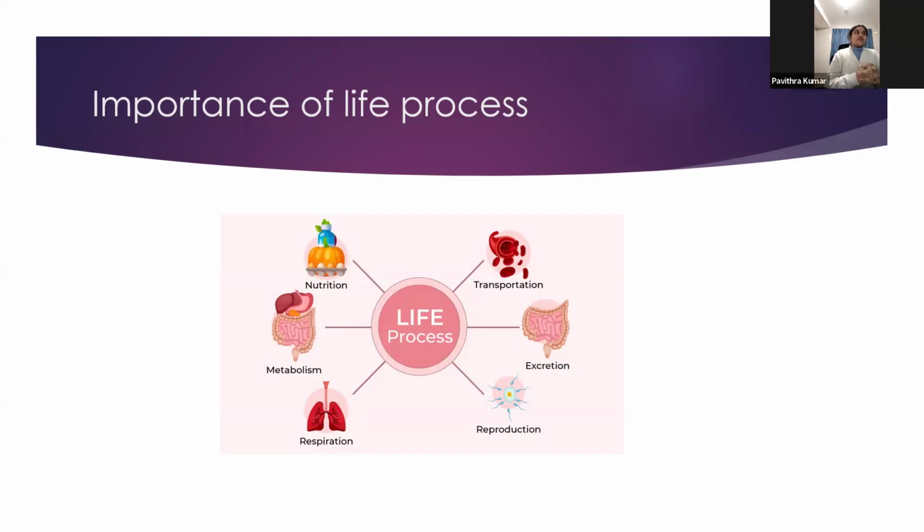Excretion. The body doesn't need some things, so it will push out the unnecessary extra things. For example, we sometimes vomit, or we are not able to digest everything. In that case, the excretory system steps in and pushes out the waste things in your body. Reproduction is a beautiful thing, a very important life process, because without reproduction there is no life.